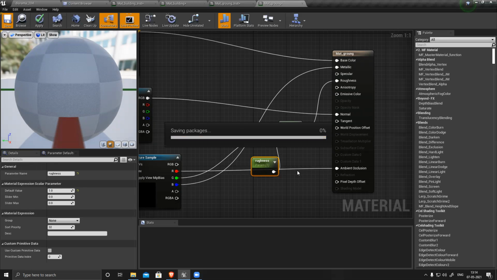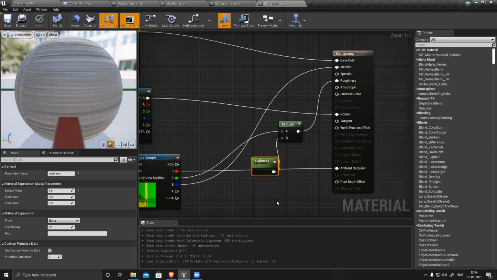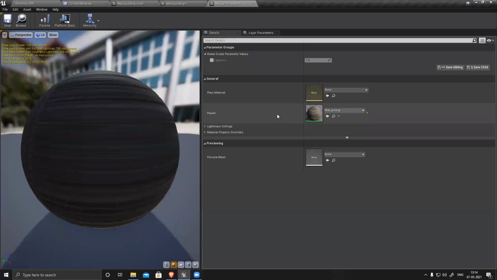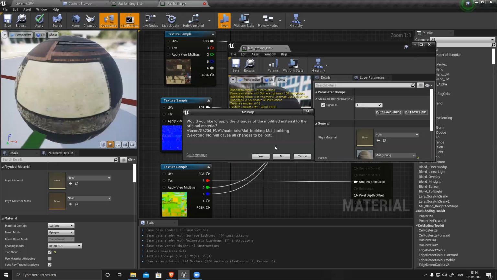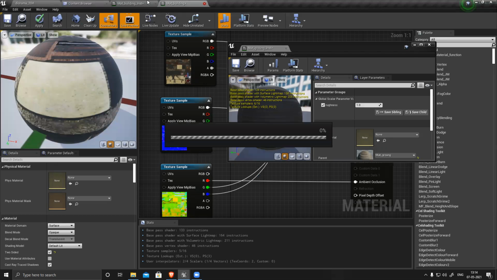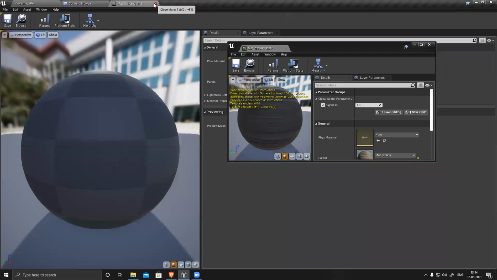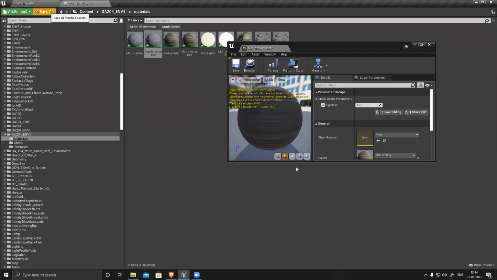You can increase the roughness, decrease the roughness. 0 means full black and 1 means full white. So now you can see I have this option here. Same one.